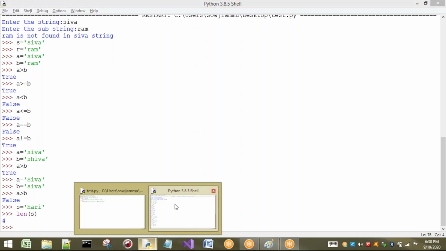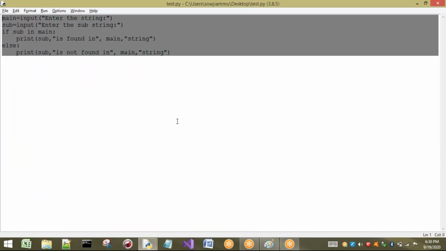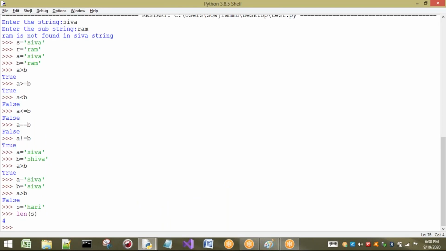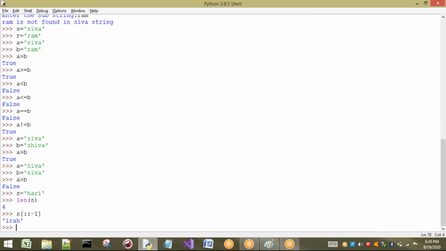Now I want to take one small example here. As I'm printing the length of the string, I want to reverse the given string by using the length method. Before going to that, I will directly reverse this string without writing any program. Yesterday I showed you, I think. I just write -1, then the entire string is printed in reverse. This is direct, by using the slice operator. But if I ask you to write a program, we can write it in this way.